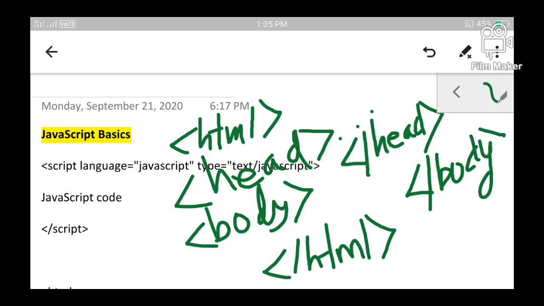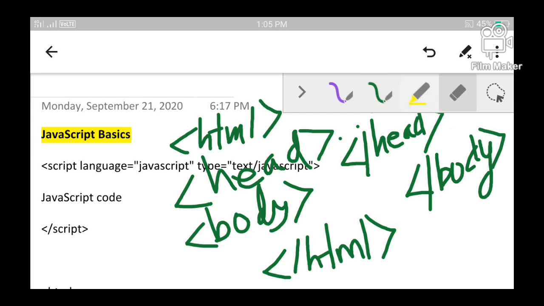Whatever is enclosed within <body> and </body> will be treated as the HTML body section. So typically HTML has two sections, the head section and the body section. JavaScript can be included either within the head section or within the body section of an HTML document.